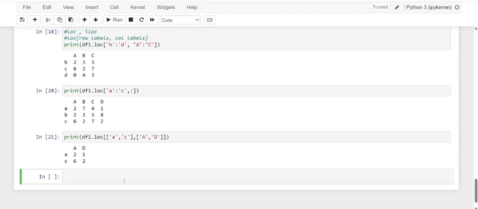However, using both forms in the same column or row selection just gives an error.